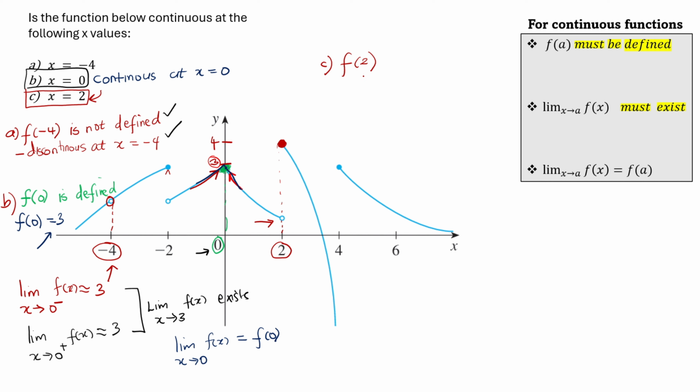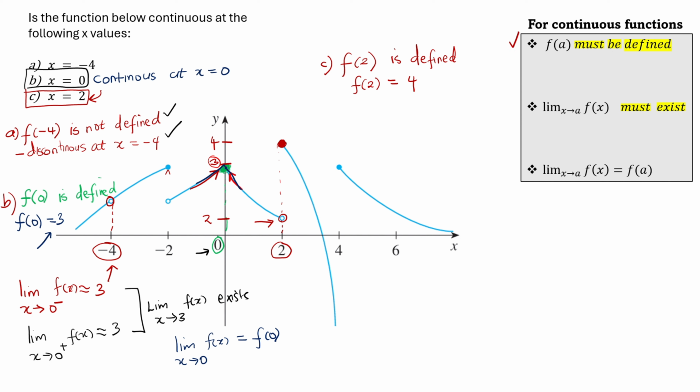So here, if they ask you what is f of 2, it is defined indeed because we see a shaded circle, which means that there is a y value when x equals 2. And to be specific, f at 2, the y value when x equals 2, is 4. You do not take what's written here. Maybe this is 2. Don't take it because here you can see that there is an open circle. The open circle just means that there is no y value here. It is not defined. There is no y value because this is a piecewise defined function. We chose to not put a y value at that position. So the first condition is met.